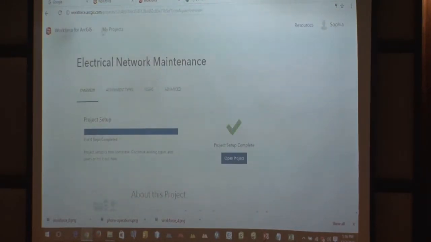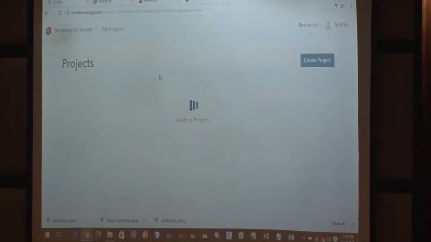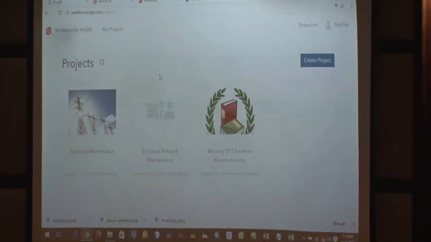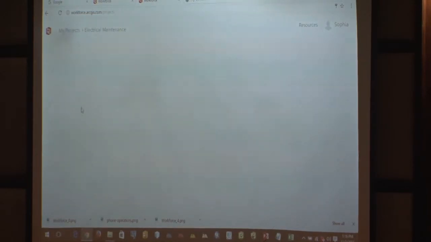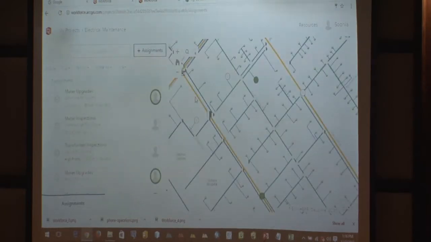And now what you want to do is to assign the assignment. So taking off the hat of a project manager, now I'm a supervisor, I'm a dispatcher. So I want to assign some work to people. Let me open this previous project because it already had some work, so that you can see more information. So the various assignments that are given